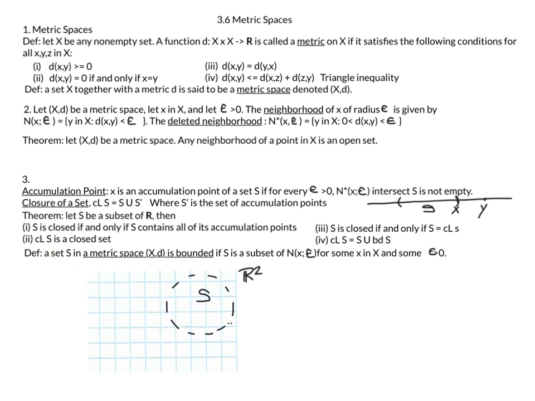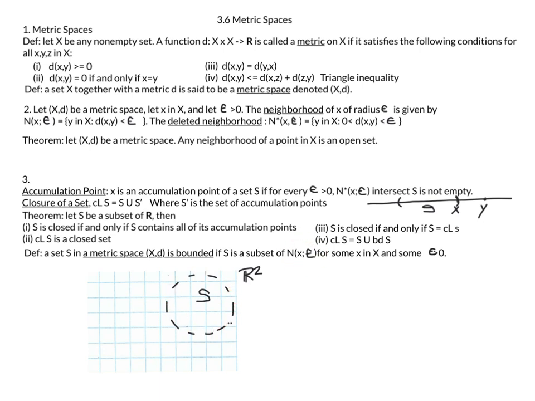So a set S in a metric space (X, d) is bounded if S is a subset of some neighborhood N(x, epsilon). So we'll start with saying X, our space, our set for the metric space, may not be bounded. So for example, R or R2 is not bounded, it goes to infinity. But if for some set S in R2, you can surround it by some neighborhood, then if you can encapsulate